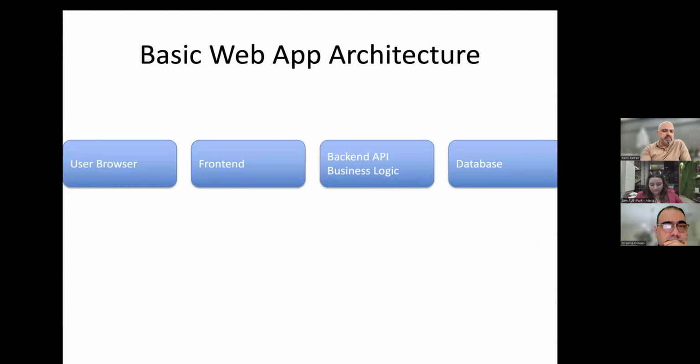So from your browser, you access the front end, which basically through the APIs calls the business logic, and the business logic knows how to deal with the database. So these are kind of the main components: a database, a business logic, an API layer, and then the front end knows how to talk to the API layer. An API is literally a kind of a remote service that you, from the front end or from the mobile application or even just from code, can call, and this API will actually request something from your backend. Request, for example, to post an order, request to retrieve some information, to search for some data.